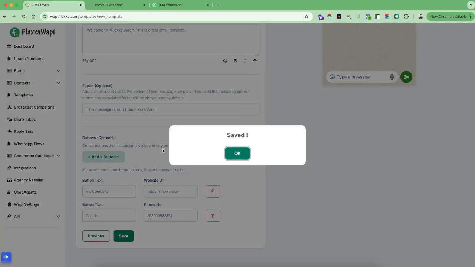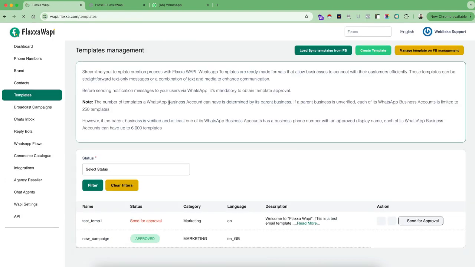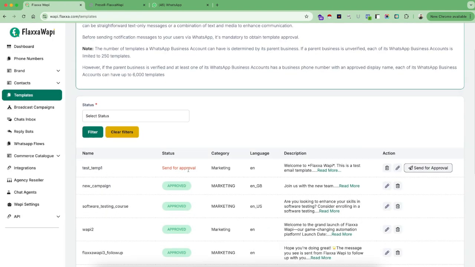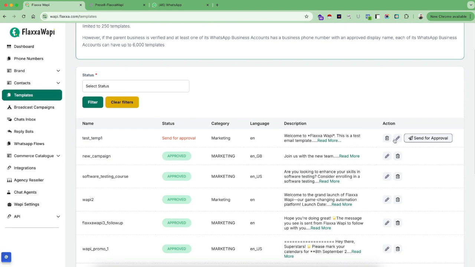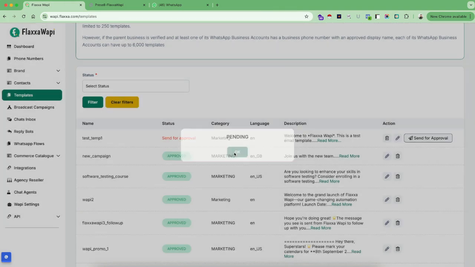Once you click on the save button, your template is saved. Now you go back to the templates part, and you have to send this template for approval to Meta, right? So click on this button, send for approval. And if your business account is verified and the number is connected,